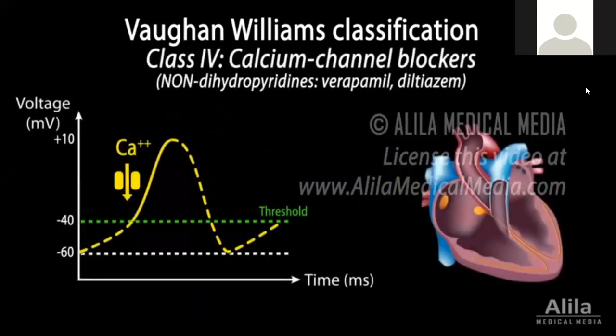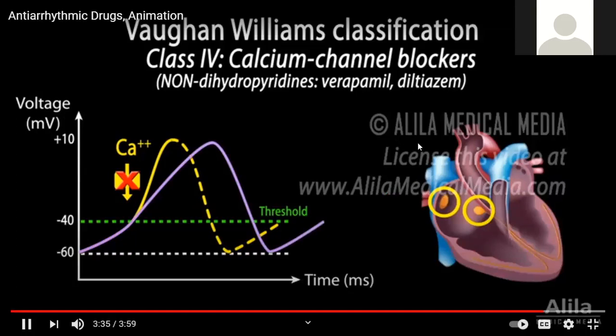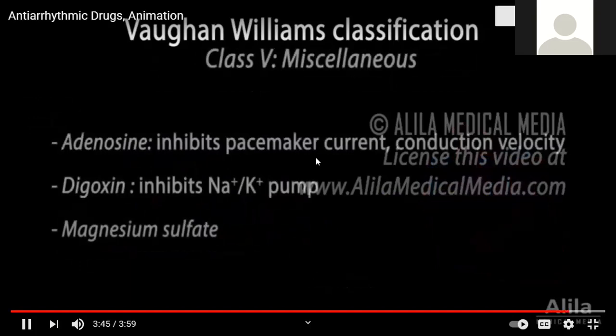Class 4, calcium channel blockers. These drugs block calcium channels that are responsible for depolarization in SA and AV nodal cells. Blocking these channels results in a lower sinus rate and slower conduction through the AV node. However, because calcium is also involved in cardiac myocyte contraction, these agents also reduce contractility of the heart and should not be used in case of systolic heart failure. Class 5 includes all